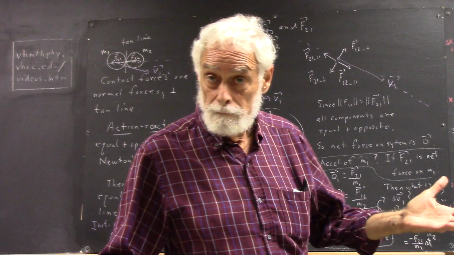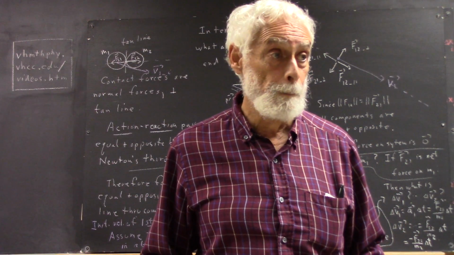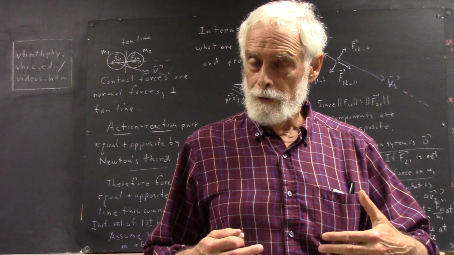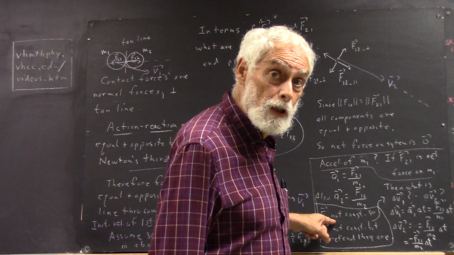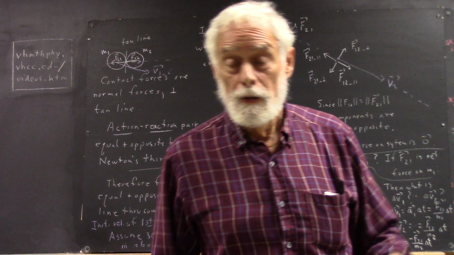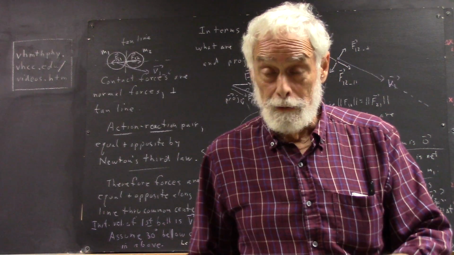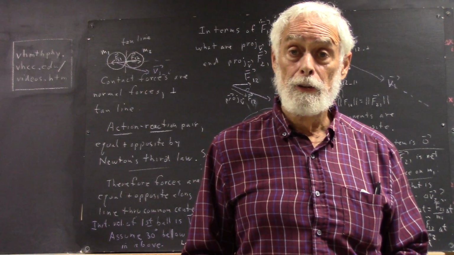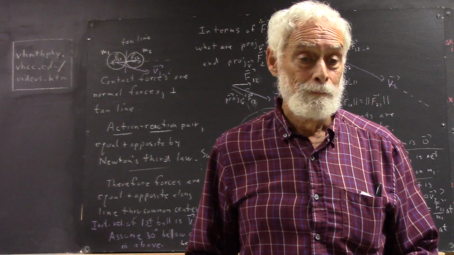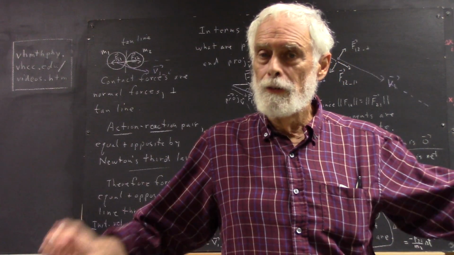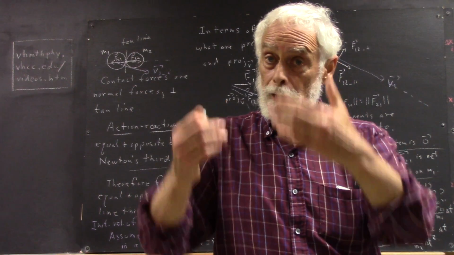Well, what's the definition of acceleration? It's the rate of change of velocity with respect to time. If acceleration is constant, and it would be if we assume that these forces are constant, then the average acceleration is equal to delta V over delta T, change in velocity divided by change in time, because that's exactly what we mean by an average rate of change. Acceleration is constant, so the average rate of change is the rate of change. So the acceleration would be delta V over delta T,